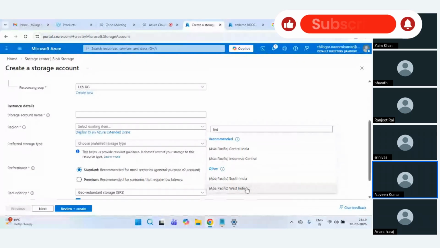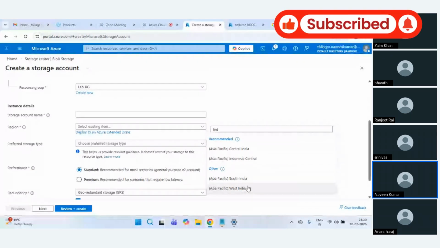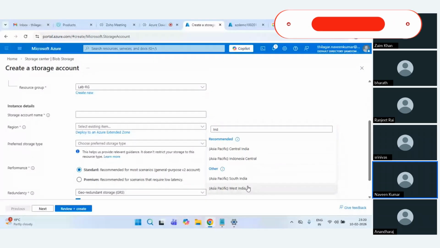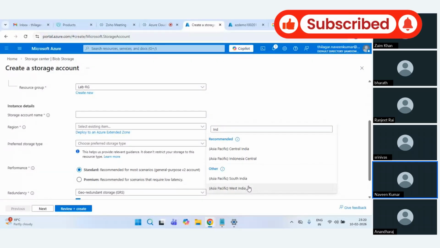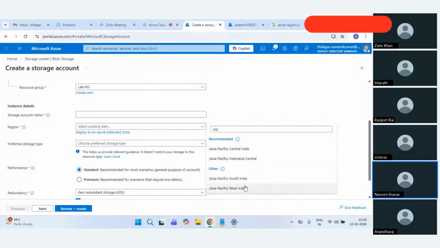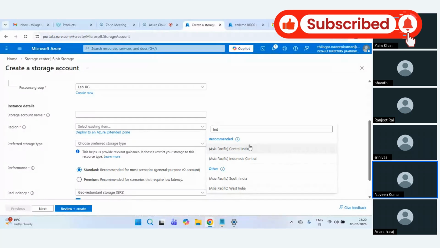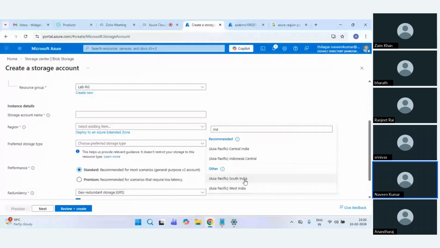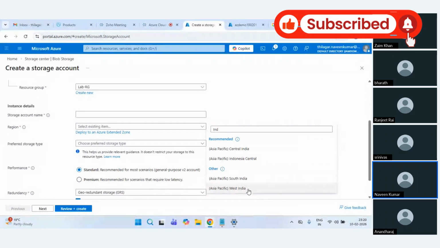You cannot create a redundancy or replication between South India and West India. Every time it is going to be either Central India with South India, or West India with Central India, in these two combinations. You cannot have a redundancy between South India and West India because those two are not in a regional pair. So there are certain criteria which have to be met for a cloud provider to decide